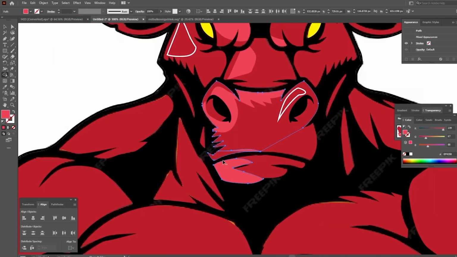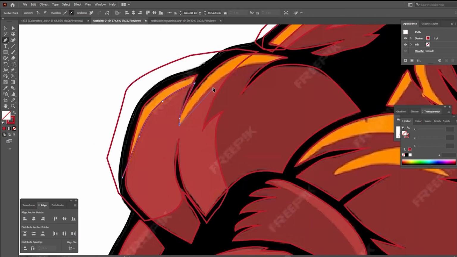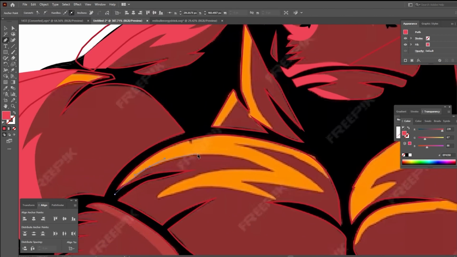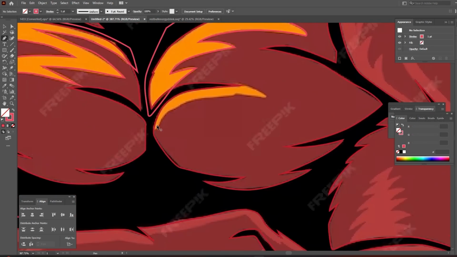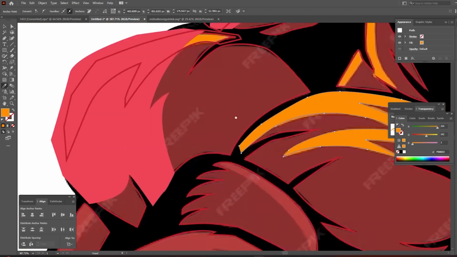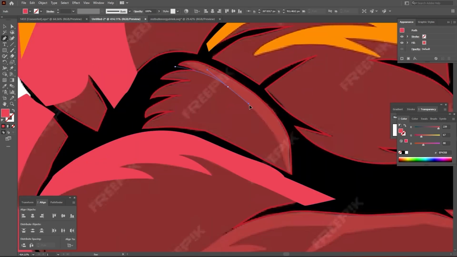let's transition to detailing the body part. I'll carefully trace and fill in every region that has been tinted in light red and yellow in this stage. We'll proceed with the same procedure to fine-tune the bull's overall color scheme and tweak the border outlines after shading and applying color. Having completed the tracing, shading, and coloring,